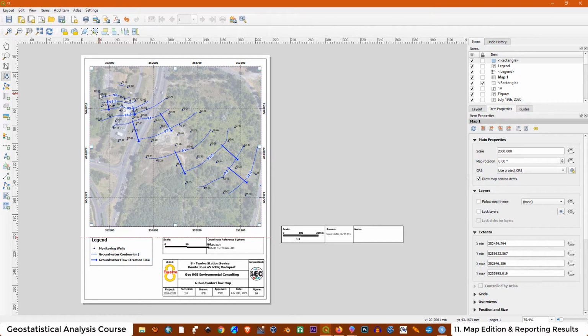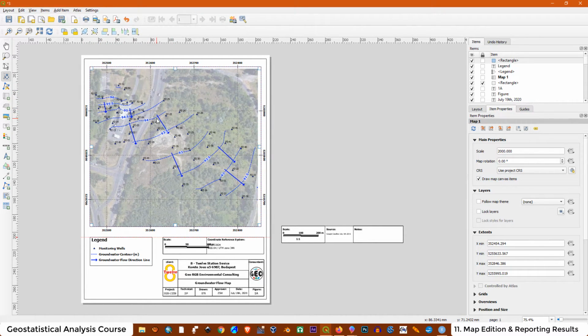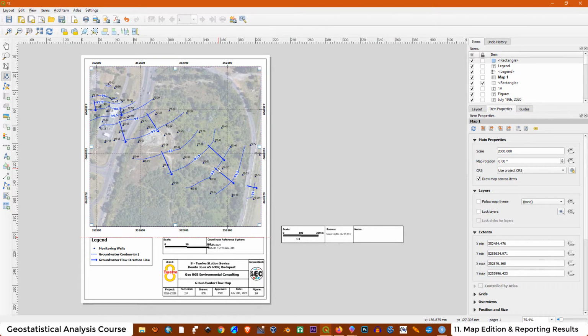It's pretty tight for these two piezometers over here. Then I cannot see the ones over here. Okay, then it has to be